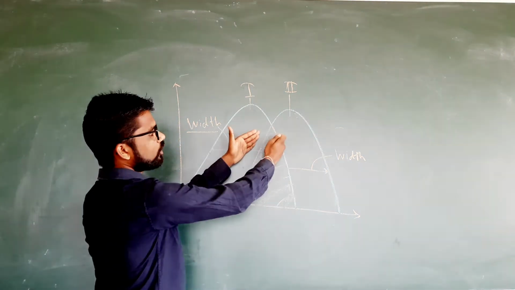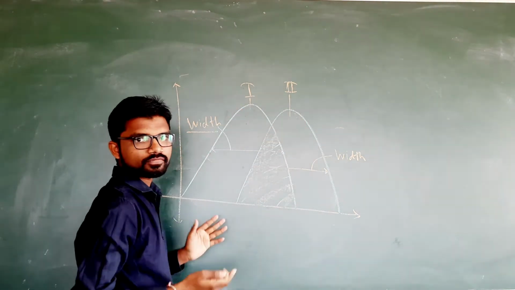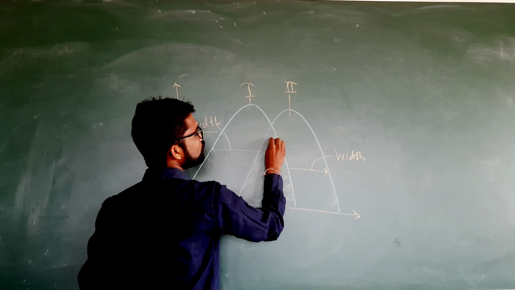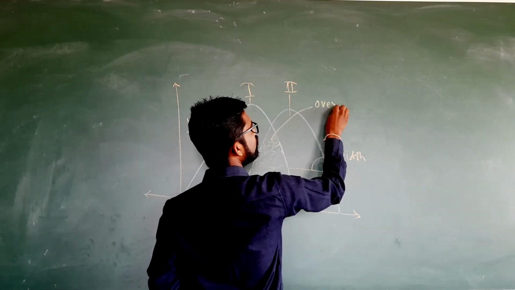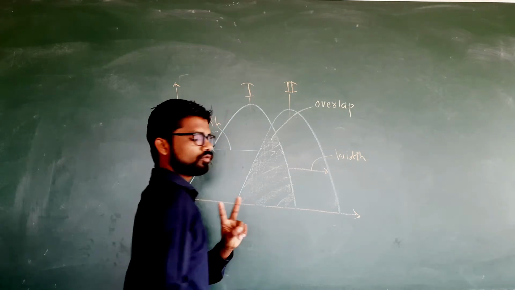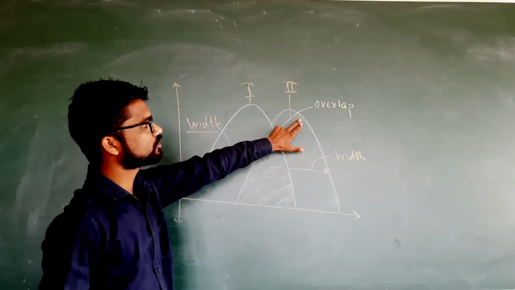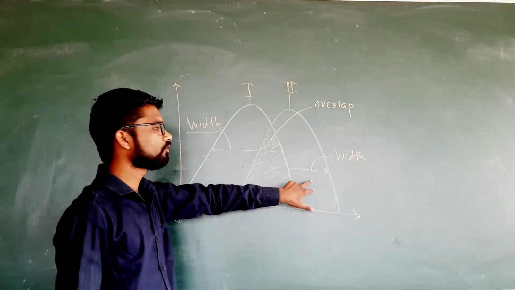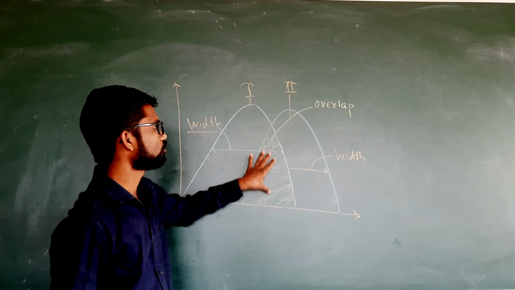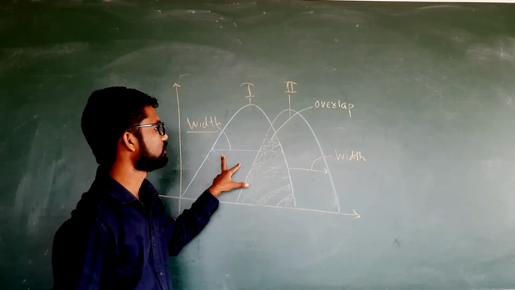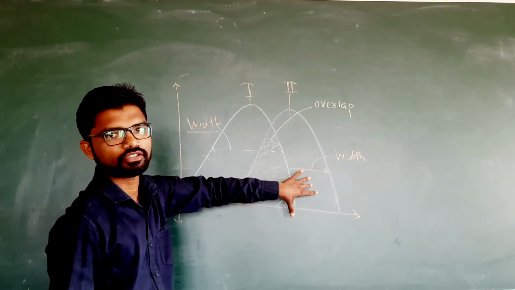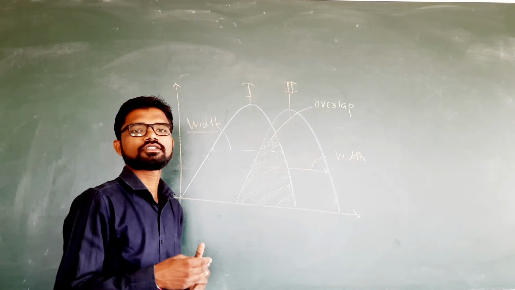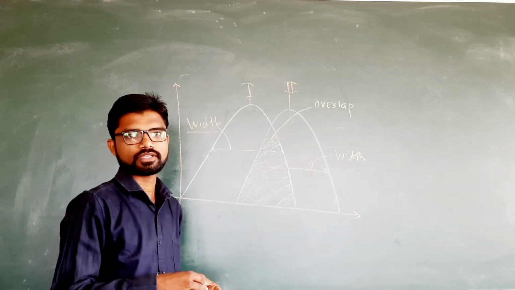This is overlapping between first and second. This area is what we call the overlapping area. So we can call it the overlap. So two terms are there. First one is niche overlap, and the second is niche width. How can we say that it is overlap, or how can we call it the width, in two living organisms, depending upon their food or depending upon the trophic level of that species?